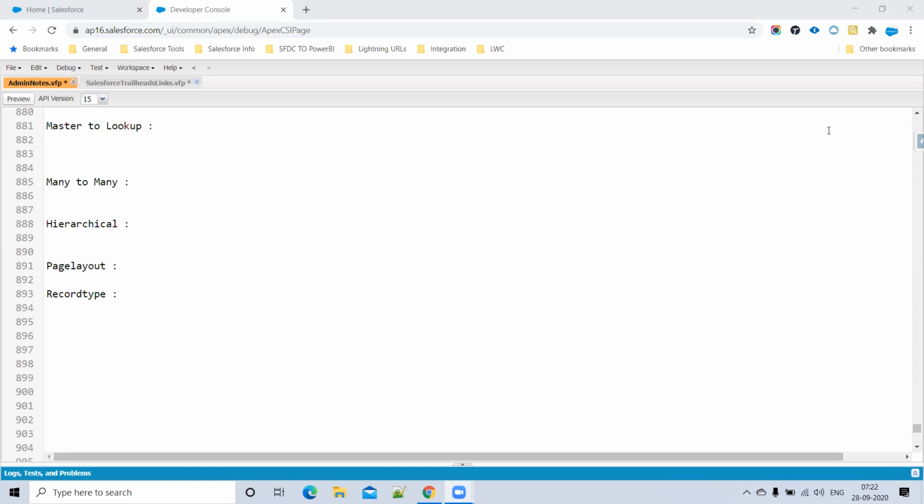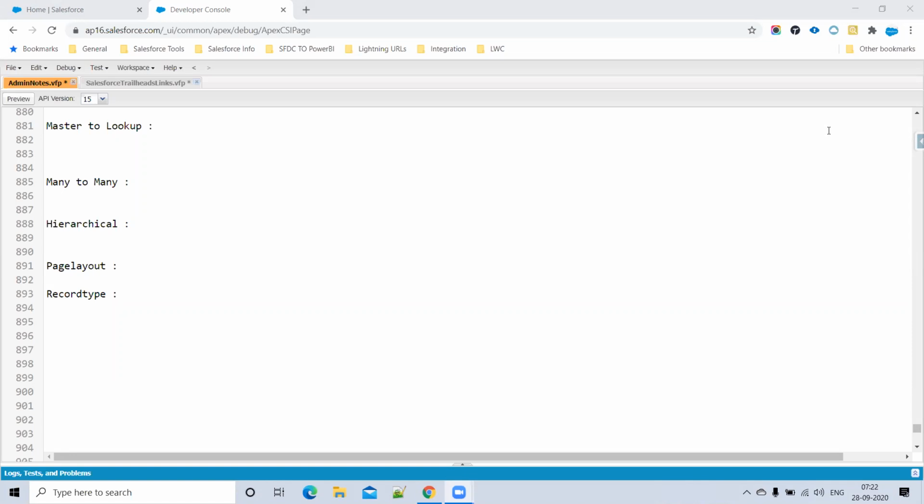Okay, Bhagat? Yeah, these are used to differentiate, like the regular sales process, by offering different pick list values. Whenever we create a page layout or record type, in the background it will be creating one more record type.